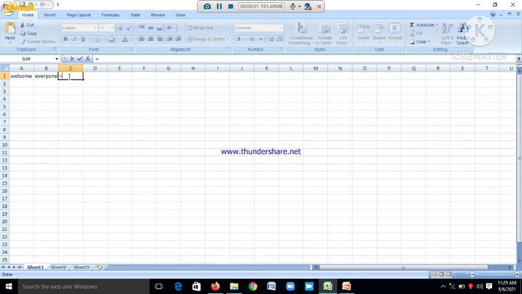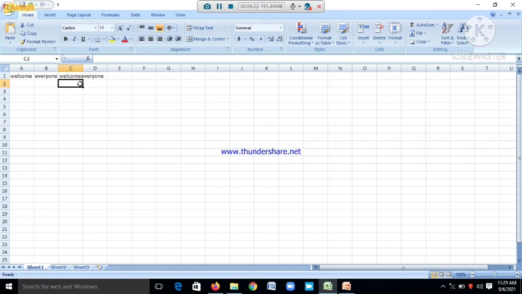So how can we? Write equal to, then select this cell, that is A1, and type the AND operator, the ampersand operator, then select the second cell B1. Okay, so now press enter.